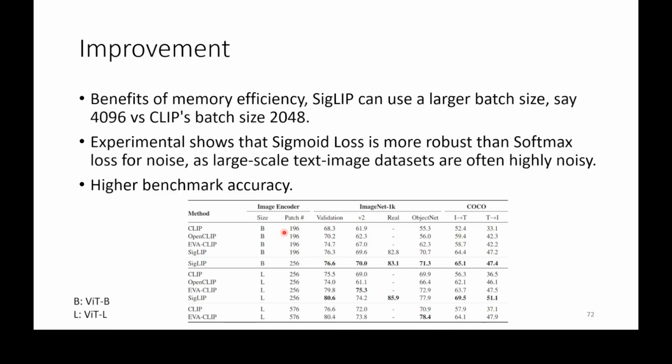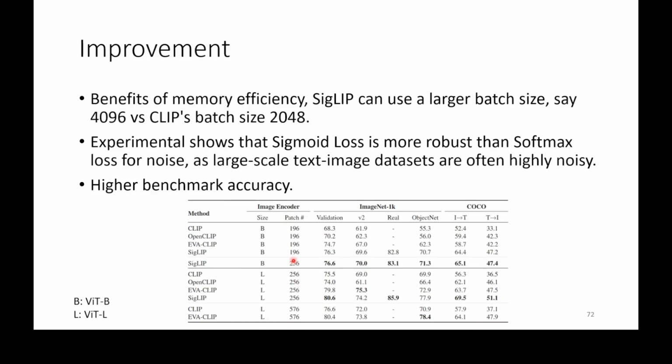Usually the patch size is 16 by 16 pixels. So if you have an input image as large as 224 times 224, your number of patches usually is 196. But if you have a larger image, for example 336 times 336, then your number of patches will be slightly larger, for example 256. And if you use a smaller patch size, not 16 by 16, instead it may be 12 by 12, then you will have more patches. Okay, this is just the